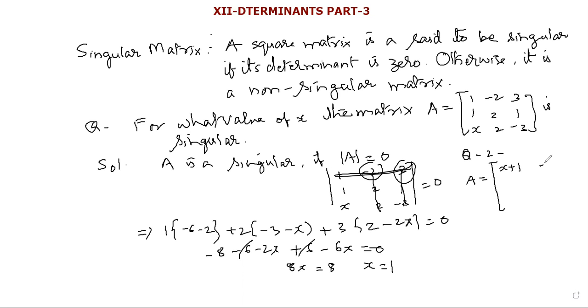X plus 1, minus 3, 4, minus 5, x plus 2, 2, 4, 1 and x minus 6. Its answer will be, you will get a quadratic equation and you have to solve it. You will get x is equal to 0 as the first answer, and as the second answer you will get 1 by 2 times 3 plus minus under root 205. Okay, so you try this one yourself.